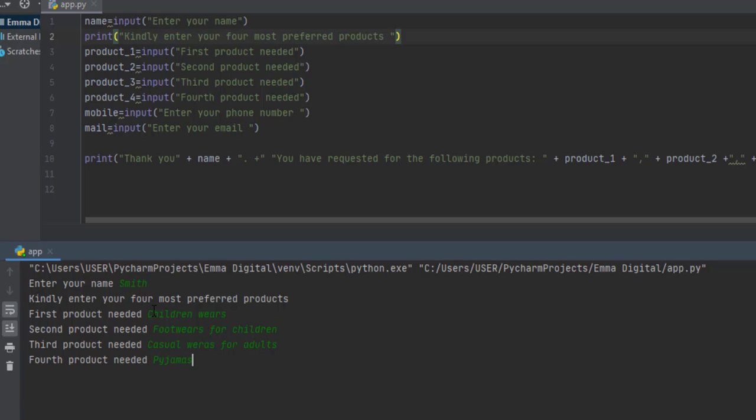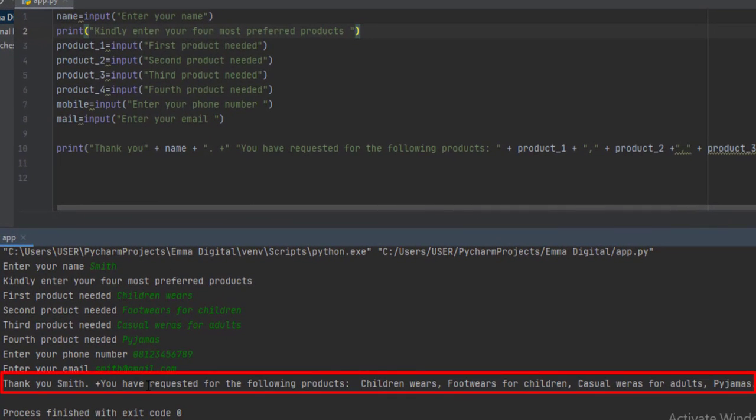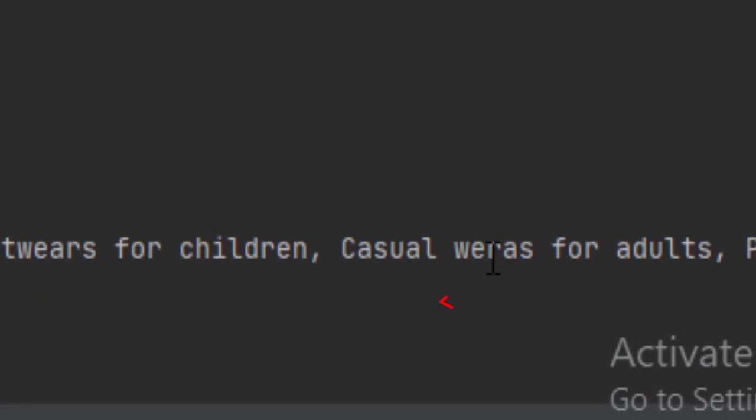Alright, now we have this. Then let's go ahead and hit enter to display our information. Okay, the next one, enter your phone number. 08123456789. Now we have this, enter. Email: smith@gmail.com. Enter. Now let's see. Thank you, Smith. You have requested for the following products: children wears, footwears for children, casual wears for adults, and pajamas. So we have correct punctuation for all this, but we have an error here, casual wearers, so we